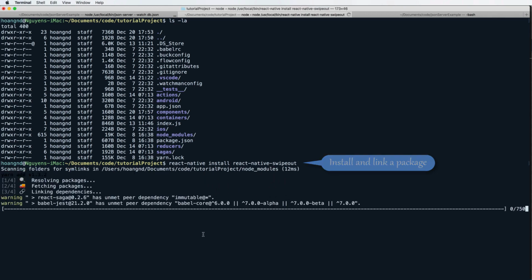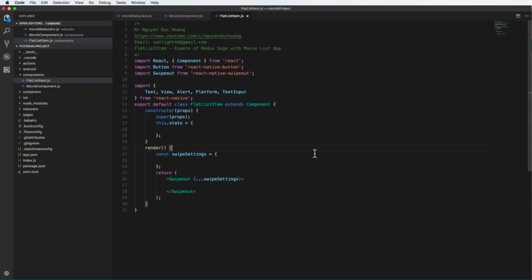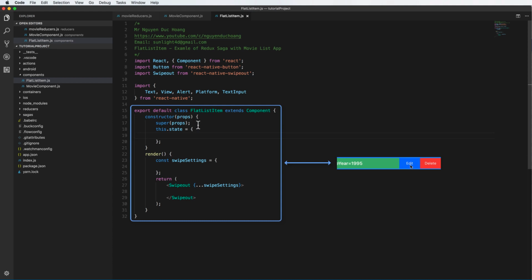So after waiting a few seconds, I can see that the package has been installed and linked to the project. And secondly, I open the flatlist item. So inside this we have the